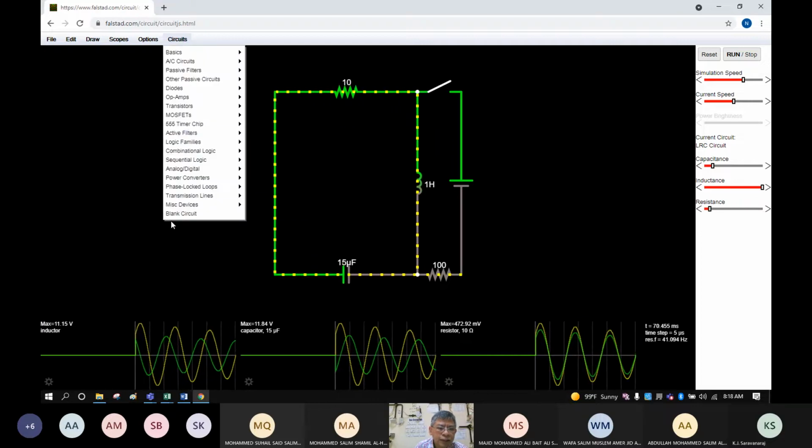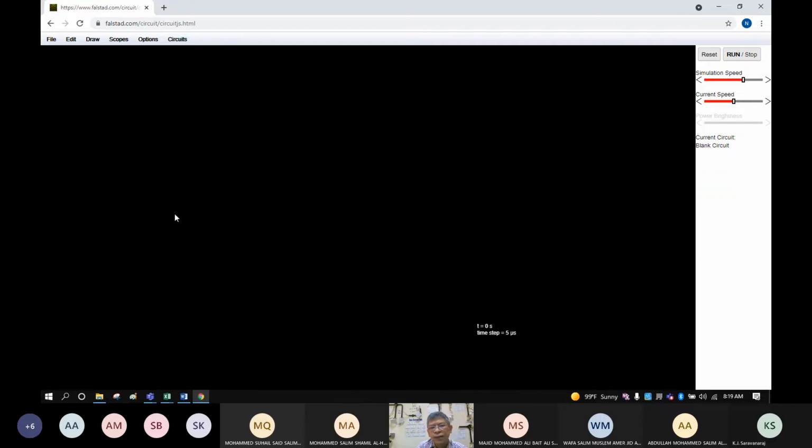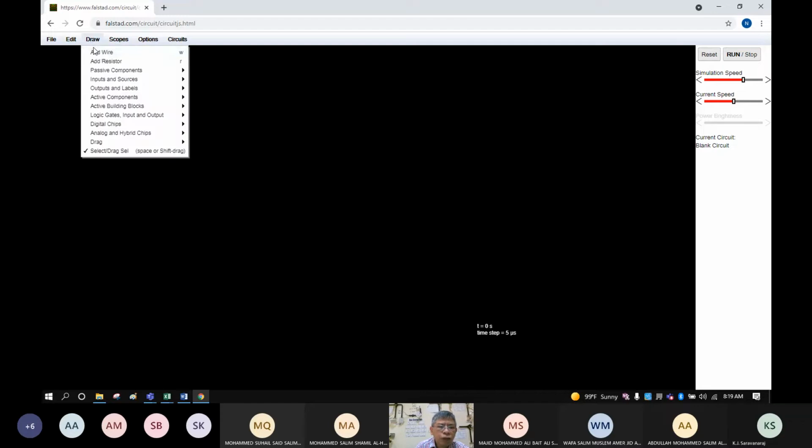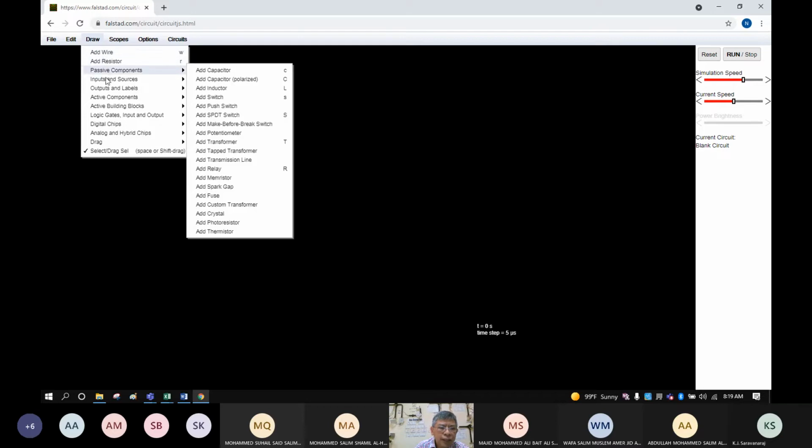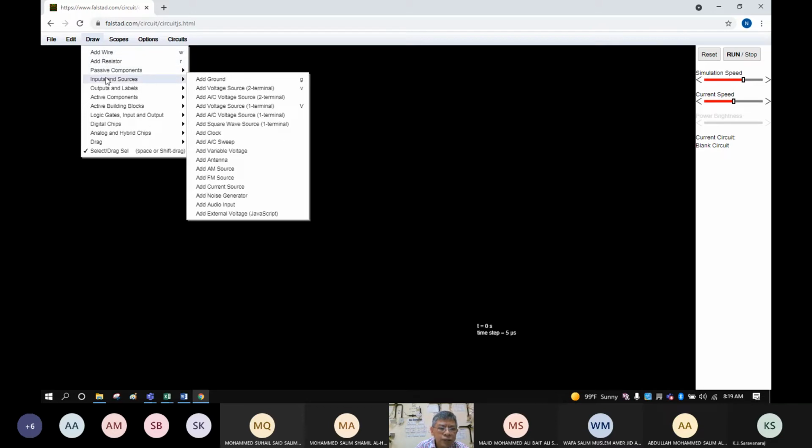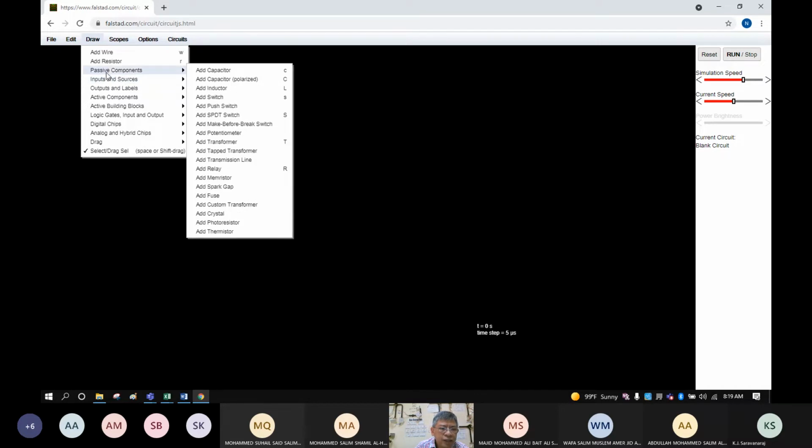Go to Circuit and then Blank Circuit, okay? So we will perform table number 1. It is stated in the circuit that we need to put an input and sources. In the passive components, there are two capacitor types, non-polarized and polarized.